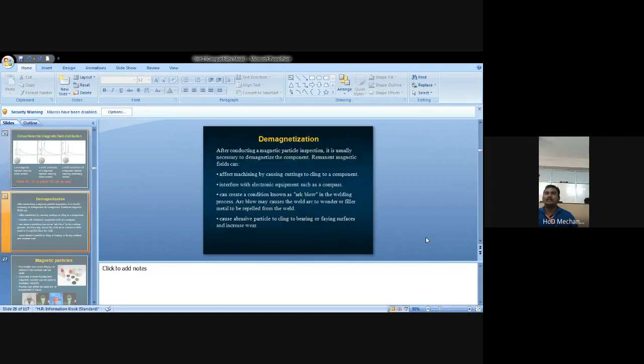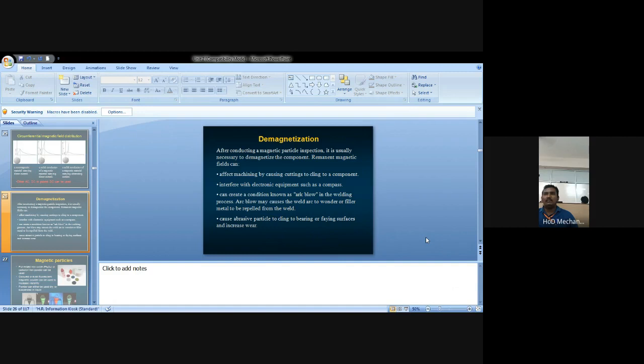So, demagnetization. We are testing the working specimen by using the magnetization method. We have to demagnetize the testing specimen. After conducting a magnetic particle inspection, it is usually necessary to demagnetize the component, and the remnant magnetic field can